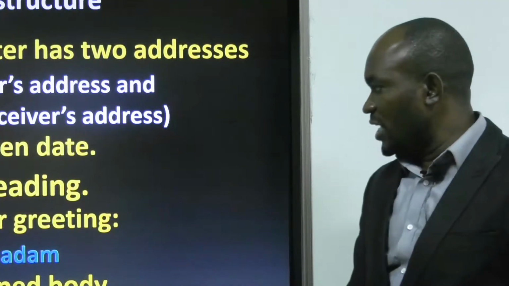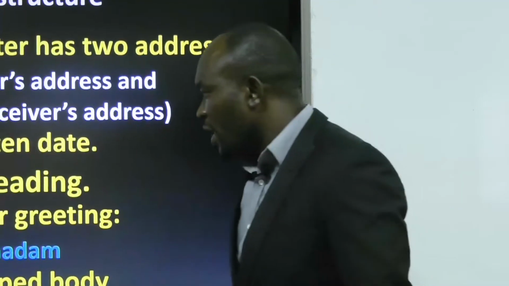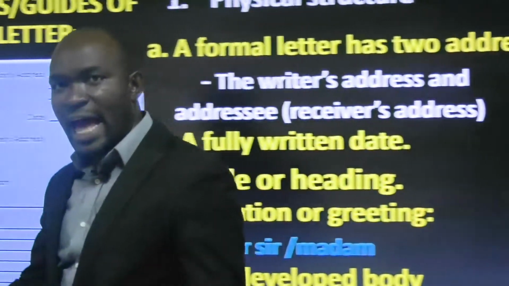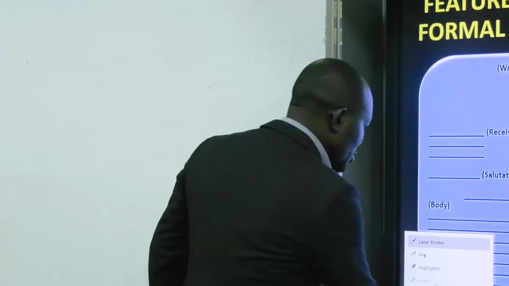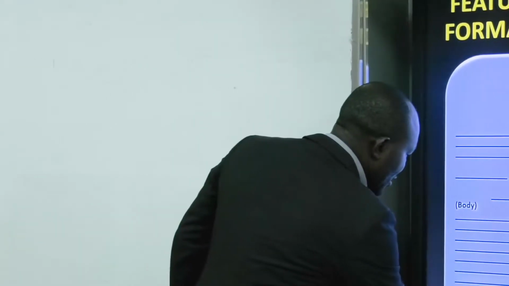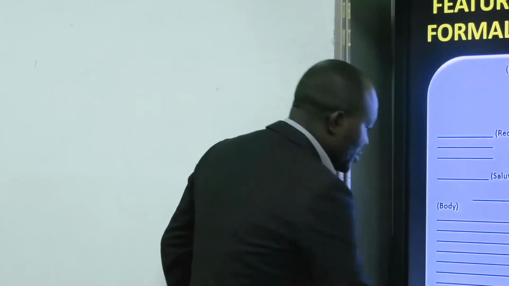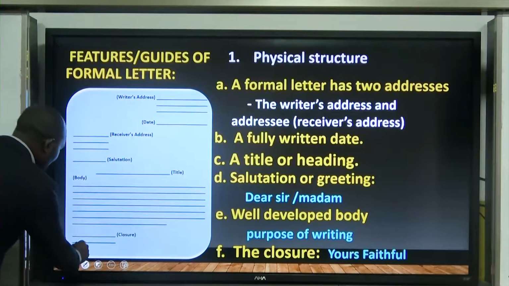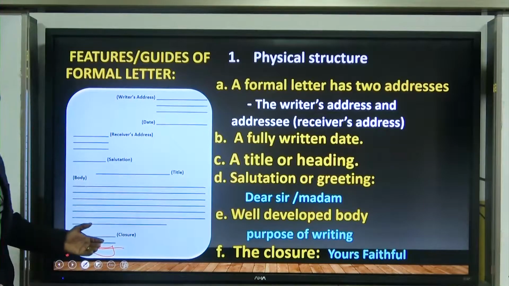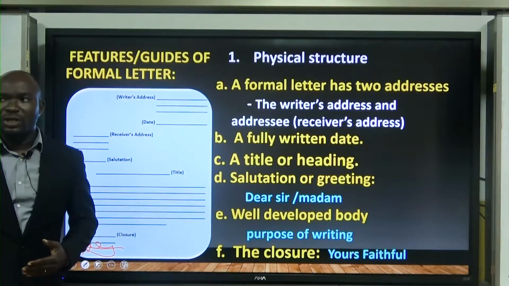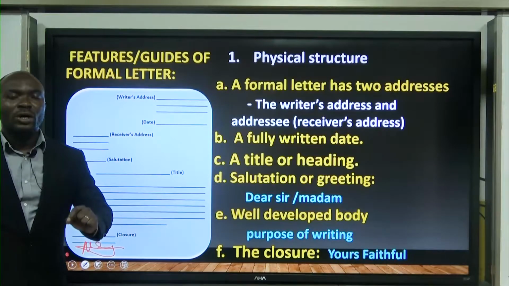That closes your letter, and then you can also have your signature signed just after your full name. After you would have written your full name, you have to sign it, and below such signature, you put your